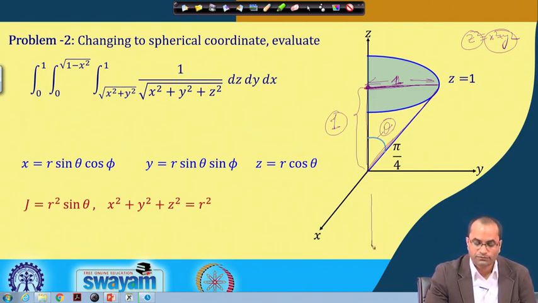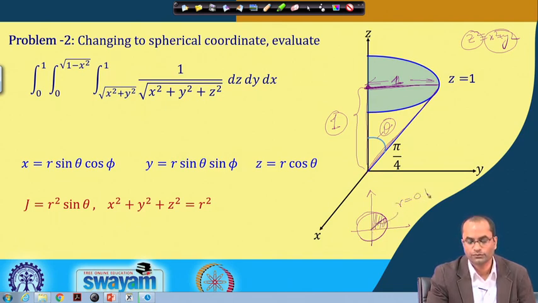And for the x y axis, for this phi and r, we have already observed that this is the portion we are going to cover now. So, the r will go from 0 to 1, and for phi will be 0 to pi by 2 to cover this portion there.